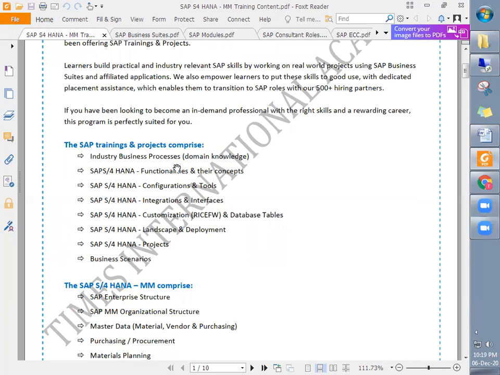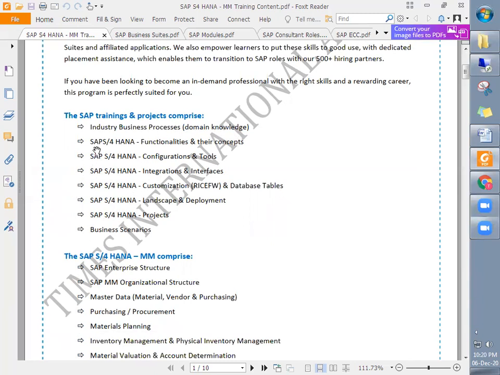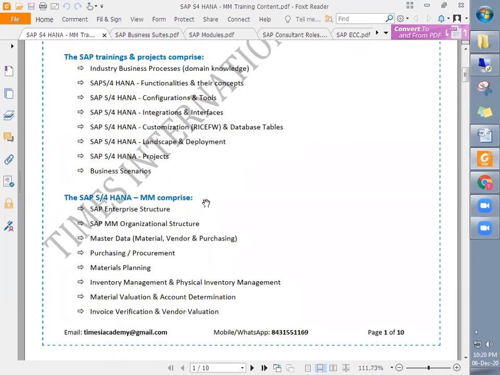That domain knowledge is being shared, and we will be covering SAP S4HANA functionalities and concepts, configuration and tools, integration and interfaces, customization and database tables, landscape and deployment, and projects and business scenarios.